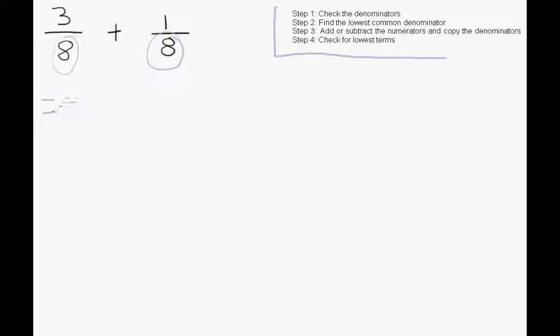Step 3 is adding the numerators 3 and 1. So 3 plus 1 is 4. And we're just going to copy the denominator down. Now, our next step is to move on to step 4 and just check and see if we are in lowest terms. In order to do that, we're going to list the factors